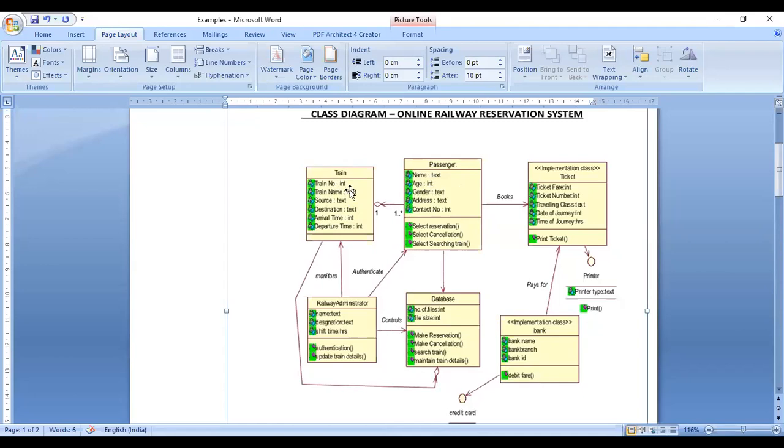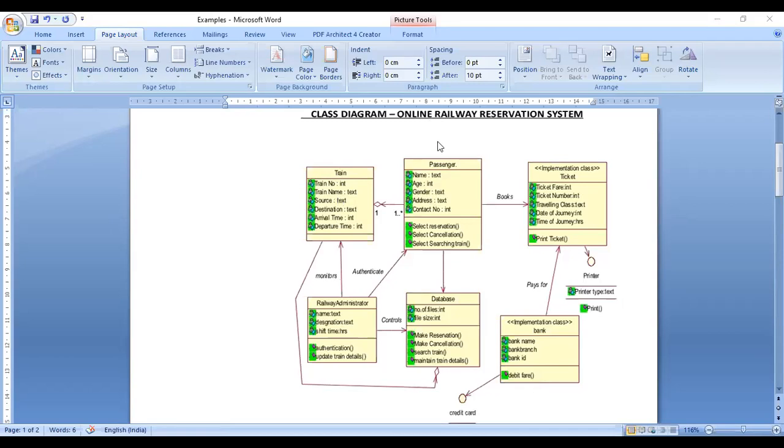Whenever you want to book a ticket for a train, automatically you will move to the ticket page, the next module. Like that, each and every module should be represented in a project or architecture.